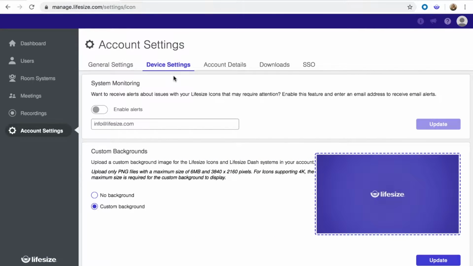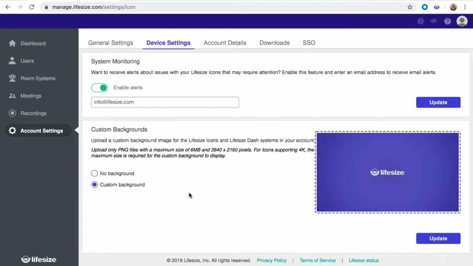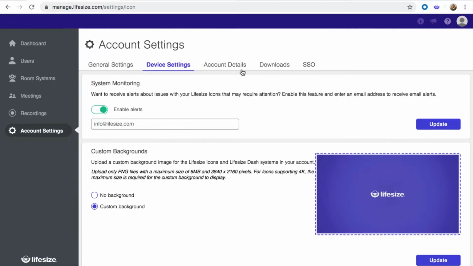Device Settings is where you can enable email alerts to monitor room systems for any critical issues and choose a custom background for your conference room displays. In the remaining top menu options, you can review your account details, access useful downloads, and configure single sign-on for your account. For a closer look at the individual tools and settings available in the Admin Console, check out the